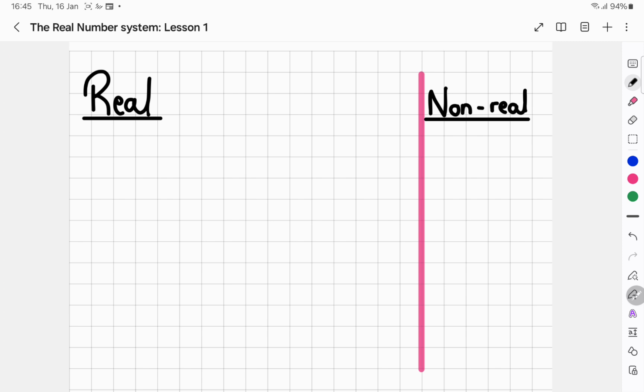Right, to start off with, you've got real numbers and non-real numbers. So let's start with the smallest one, which is the non-real numbers. So a non-real number is a number that is not real and is also known as an imaginary number. Non-real numbers are numbers that have an imaginary component, which is the result of taking the square root of a